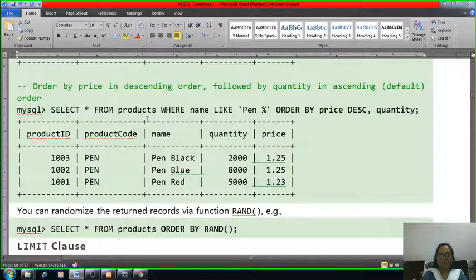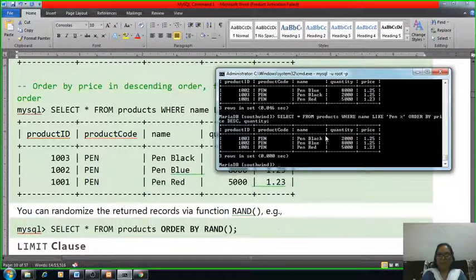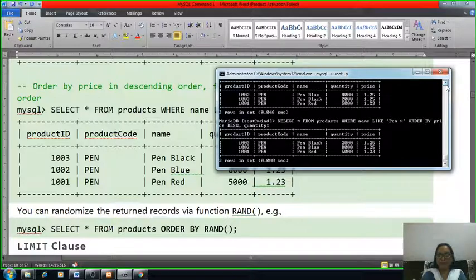SELECT * FROM product WHERE name LIKE 'pen%' ORDER BY price DESC, quantity ASC. Here the quantity is in ascending order. Let's check the difference between these two tables. In the previous one, the quantity was in descending order, whereas here the quantity is in ascending order.